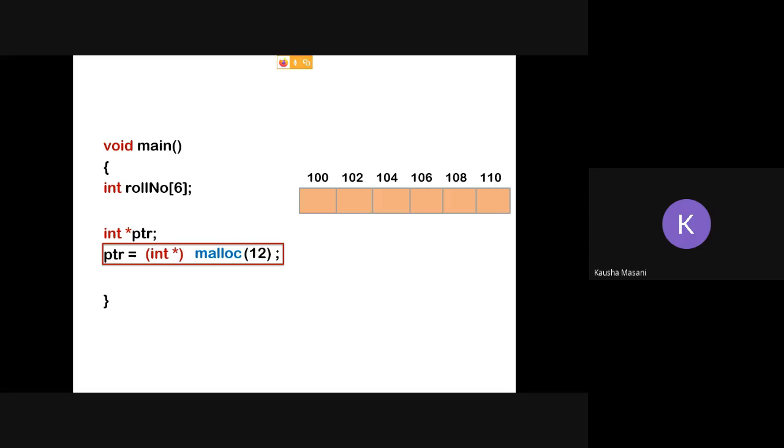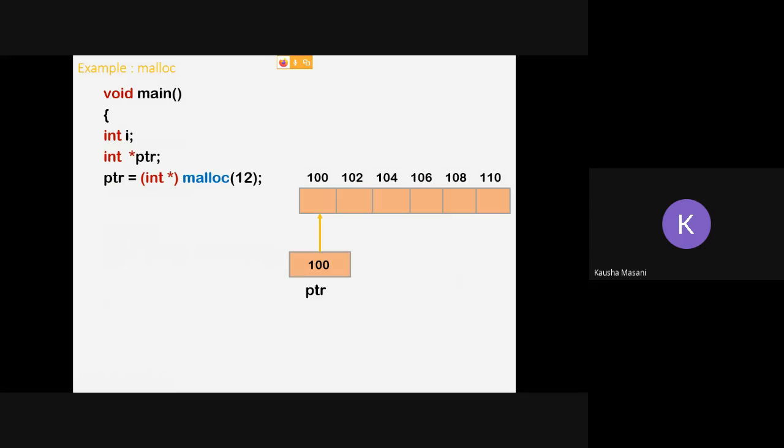This ptr is going to point at your 100. Whenever you use the array implementation with malloc, for you the array starts with index number 0, but at the back end in memory, this black ptr pointer has the starting address 100, and using that starting address it is going to place values here.